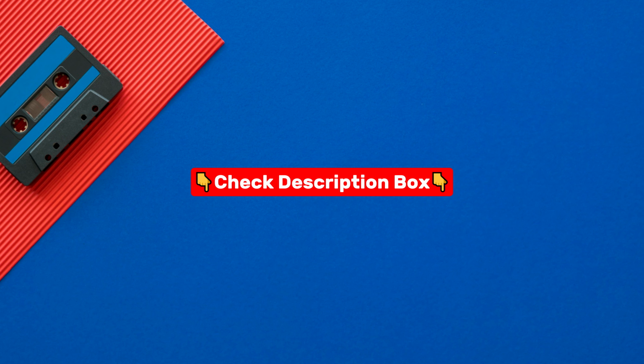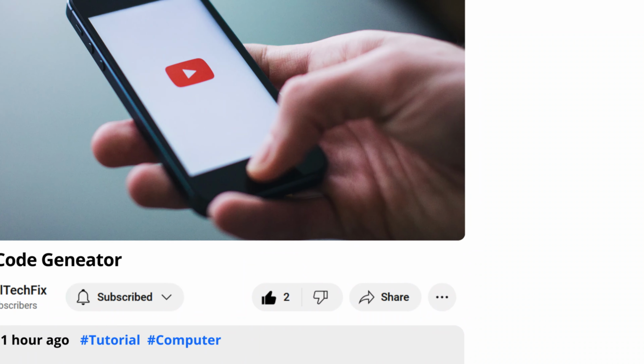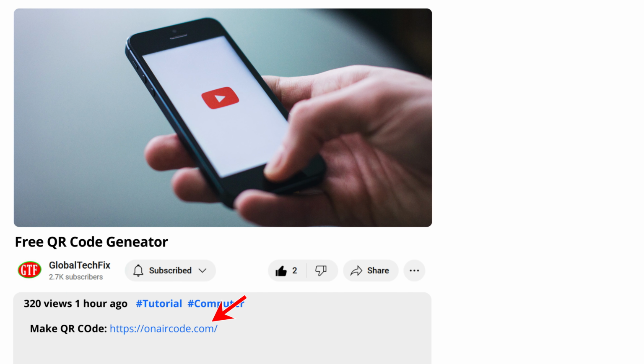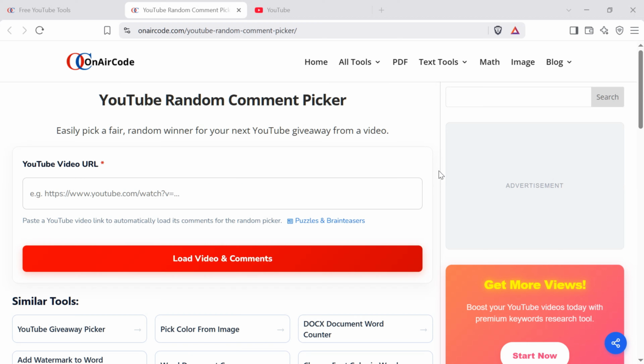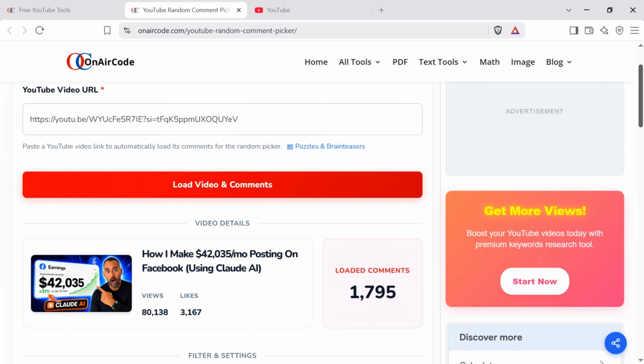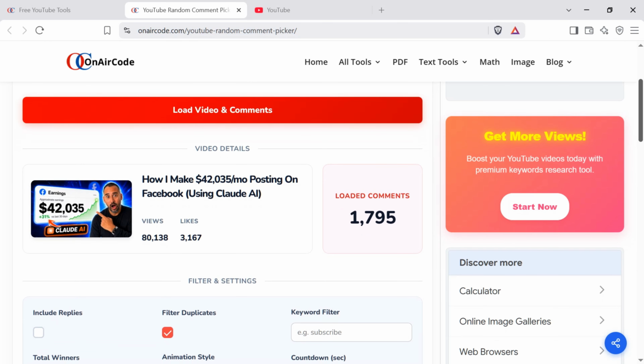To get started, first open the YouTube Random Comment Picker tool using the link I've added in the description box. Once the tool opens, simply paste your video link into the YouTube video URL box and click the Load Video and Comments button. The tool will immediately load your video details, displaying your thumbnail, title, views, likes, and the total